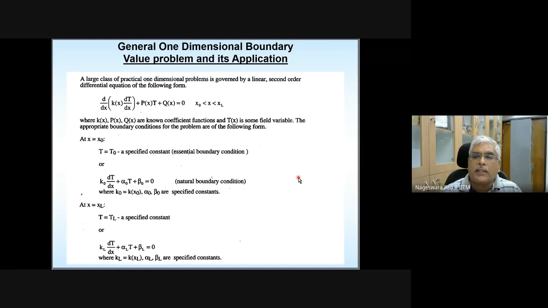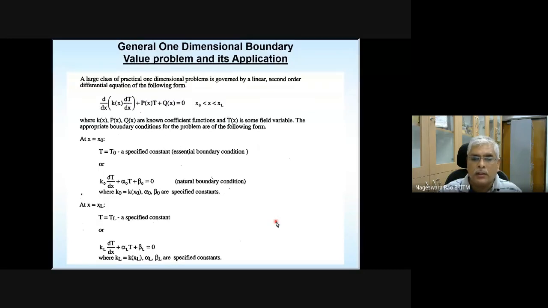So if it is a variational method, what is the procedure? Given a boundary value problem or a governing differential equation, you need to multiply with the variation of the quantity that you are trying to solve for. Here we are trying to solve for this T. So multiply this with variation of T and integrate over the problem domain, between x naught and xn. That is the first step if it is a variational method. I hope you have taken note of this.